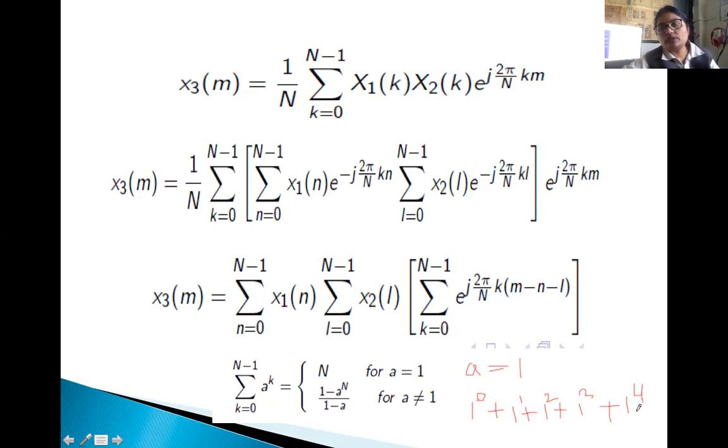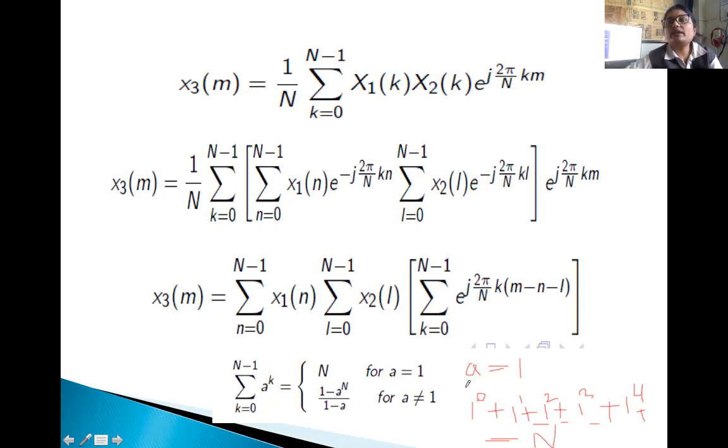to this is going to be there up to n number of terms, so addition of this will be equal to n. So here we have taken the first value. If a is equal to 1, जर a is equal to 1 असेल तर या power series चं solution काय येणार आहे? If a is equal to 1, then the value of this power series will be equal to n.